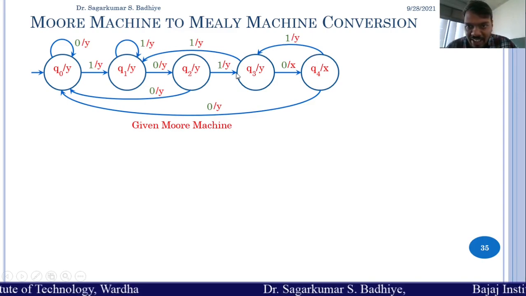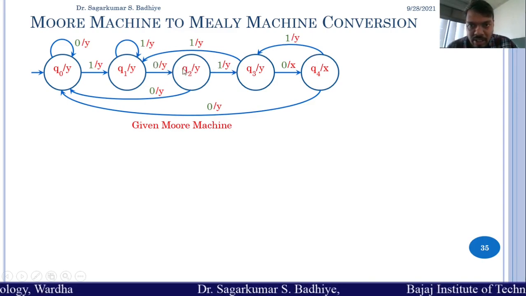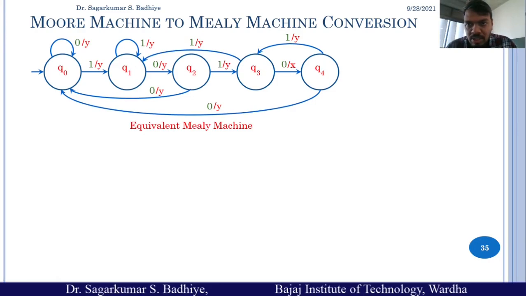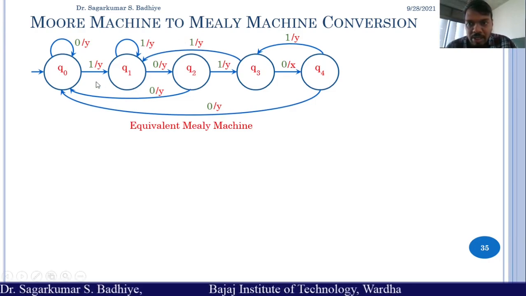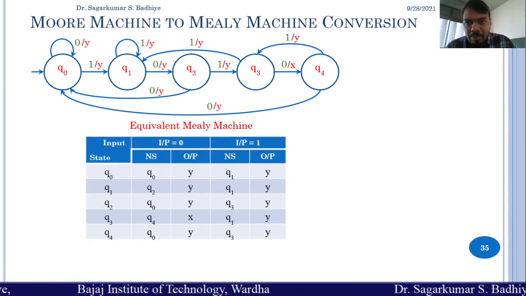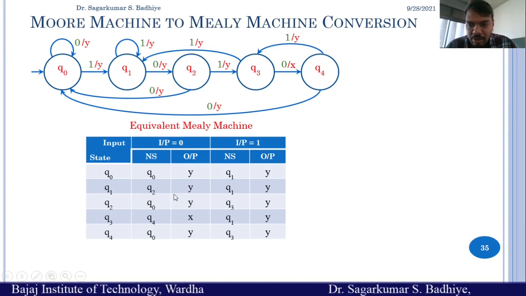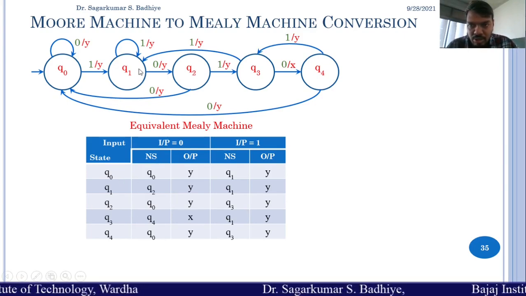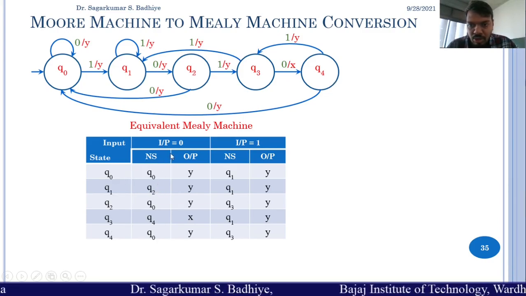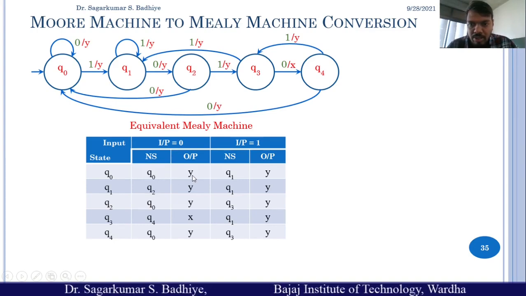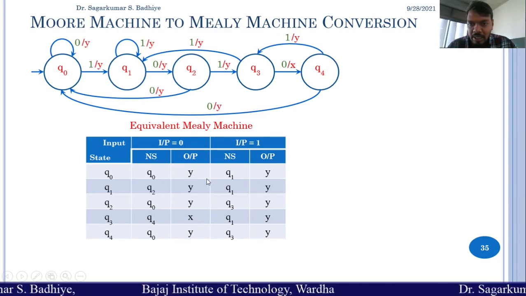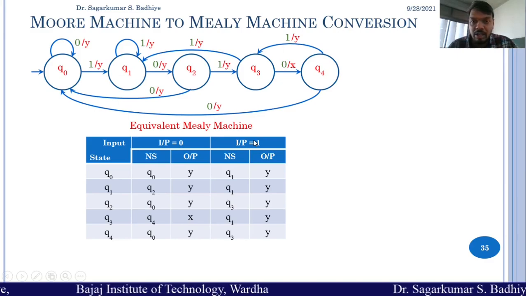So now we have added the output for all the transitions from all the states based on the output of the states, so we just remove the outputs from the states, and now this becomes the equivalent Mealy machine for the given Moore machine, right? And the same can be converted to the transition table form in this way. So we had states q0, q1, q2, q3, q4, we have placed them that way, and then from q0 on 0 it goes to q0 and produces an output y. So whatever these transitions are, we have added them on the transition table, and this is the equivalent Mealy machine for the given Moore machine.